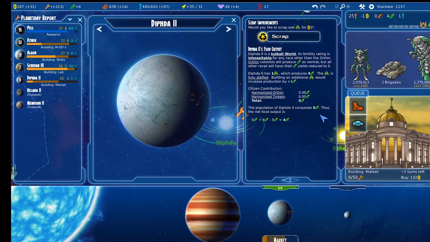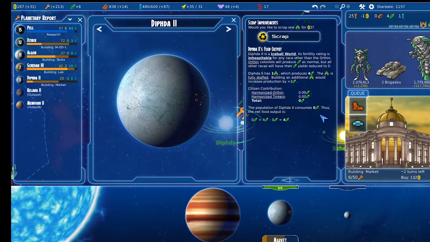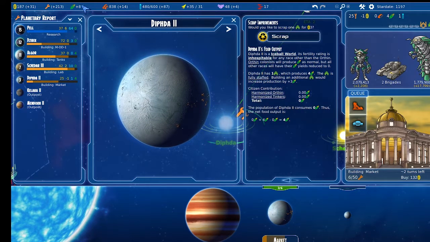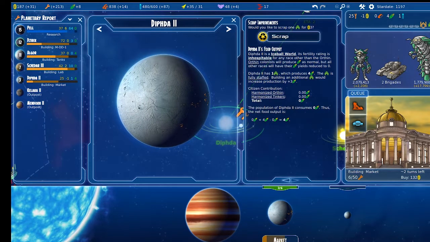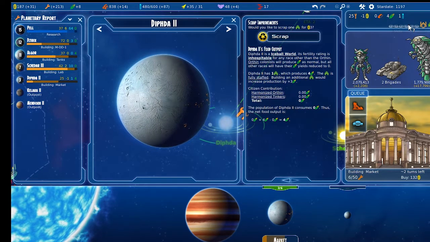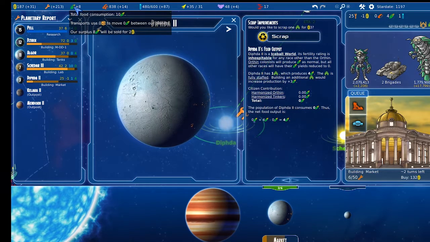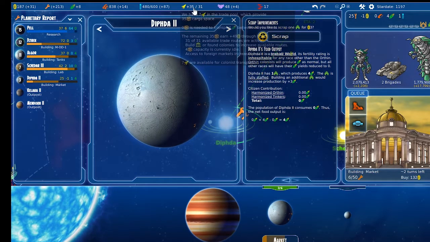So I could actually destroy that farm if I wanted to. But there's no need, because I can't build anything there right away. And once I fill up the queue, I'll think about getting rid of the farm. Because I do get the trade...